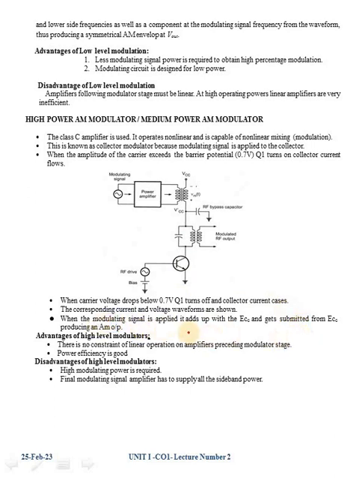When the modulating signal is applied, it adds up with the carrier signal and gets emitted from the collector output. The advantages of high level modulators compared to low level: there is no constraint of linear operation on the amplifiers preceding the modulator stage, so power efficiency is good. The disadvantage is that high modulating power is required. The final modulating signal amplifier has to supply all the side